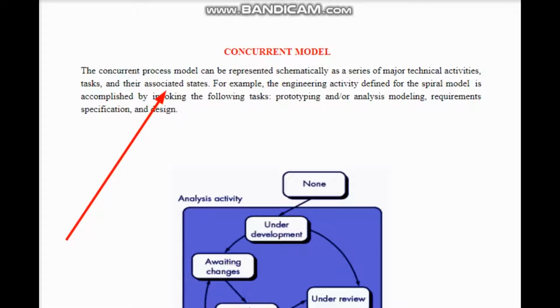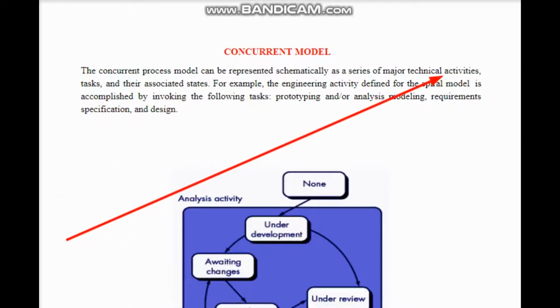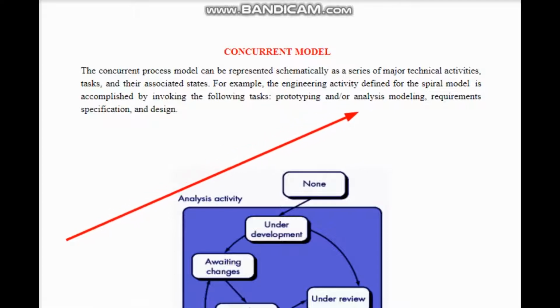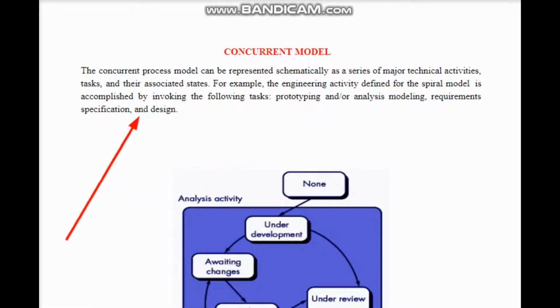Suppose our software project has got 4 modules. Each module is divided into a set of activities, and each of the activities is carried out or undergoes a certain state. For example, in spiral model we saw that each task was accomplished by performing prototyping, analysis, modeling, requirement specification and design.